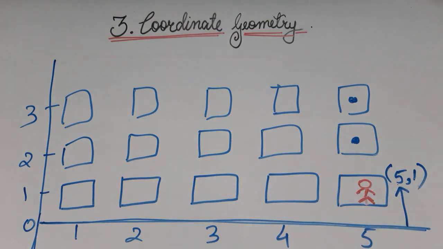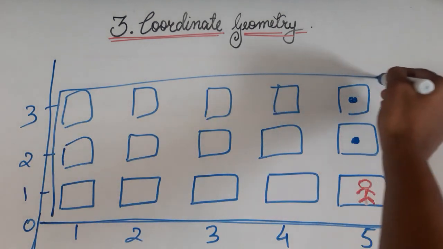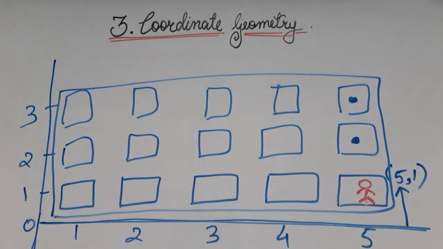So you require two numbers. Since you have changed from 1D to 2D, that is one dimensional to two dimensional, if you notice, this arrangement is like a rectangle. A rectangle is a two dimensional figure, having length and breadth. So to locate you require 2 points, for that you require two number lines. This is the horizontal number line and this one is the vertical number line. So to give your exact address, you require two number lines, one horizontal and one vertical.